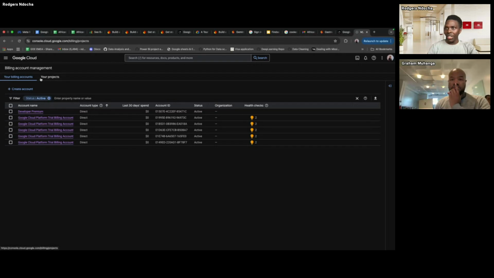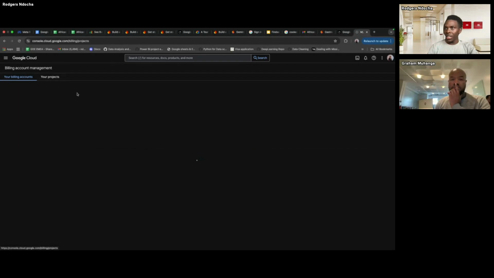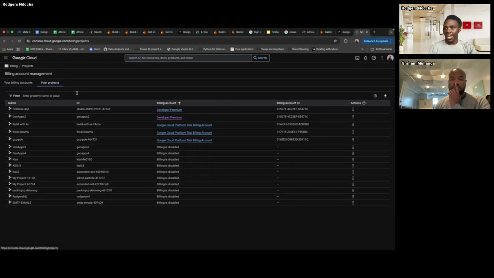If you come to my projects tab, you will see how many projects I have and what billing accounts are connected. I'm using this Gen Apps 2, which is connected with my billing account. If you want to change this billing account, you can always change it from here, change billing account.